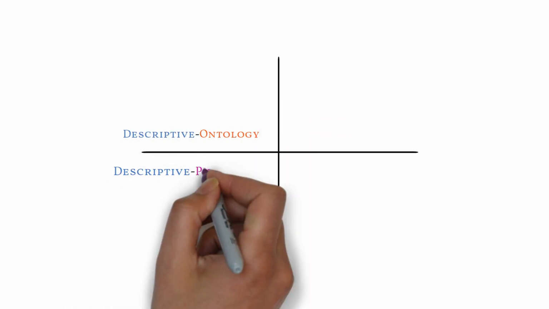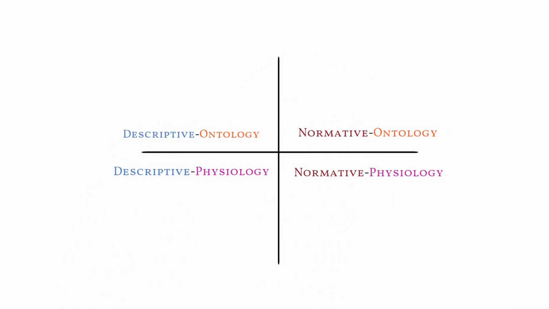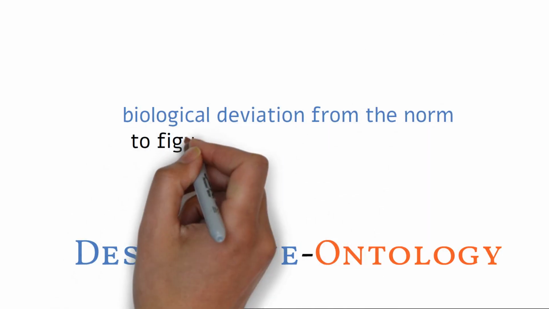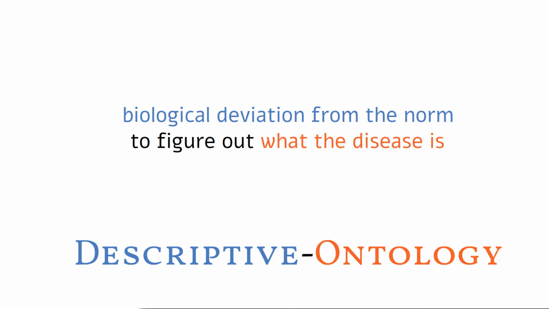Let's look at how these two interact with descriptivist, Boorse, and normative, Hare, understandings of disease. A descriptivist ontologist who uses the BST and thinks of diseases as ontological entities will measure the biological deviation from the norm and then cluster those deviations together to determine what the patient has. They'll then deploy the statistically suggested treatment for that disease's primary etiology. This probably sounds like the way that many doctors think.